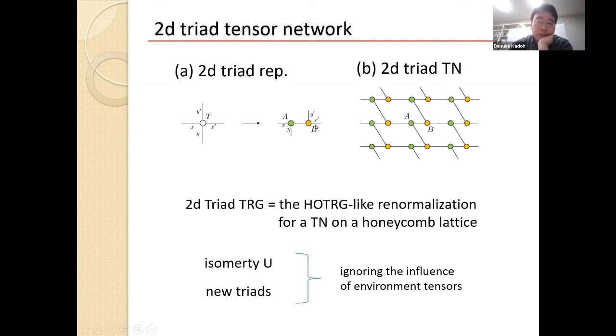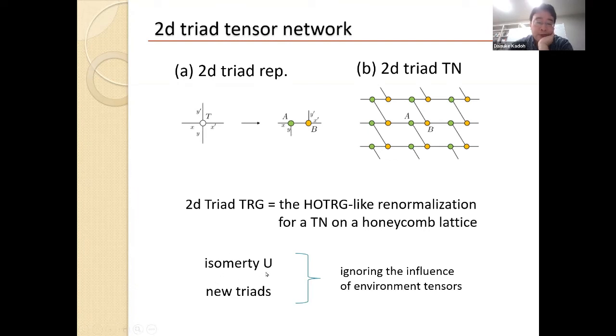So the 2-dimensional triad tensor network is just a honeycomb tensor network. So 2D triad TRG is the same as the HOTRG-like renormalization for a honeycomb lattice tensor network. But without any improvements,